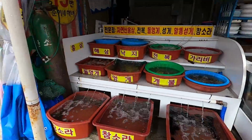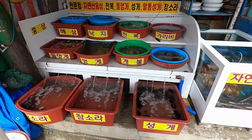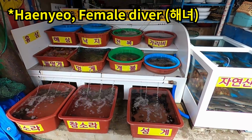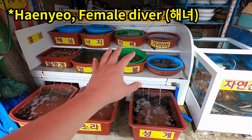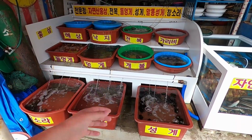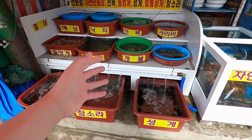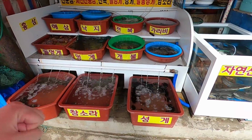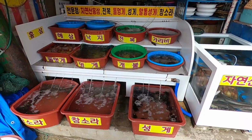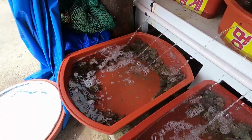So all these are straight from the ocean over there, captured by the fishermen as well as traditional divers called Haenyo. They originated from women going out to sea, collecting the ocean goods and livestock from the ocean to make a living out of it. And actually, the Korean government has entitled them a national treasure. So they are actually protected, labeled as Korean assets, and you'll find them easily on the web. They're really fresh,